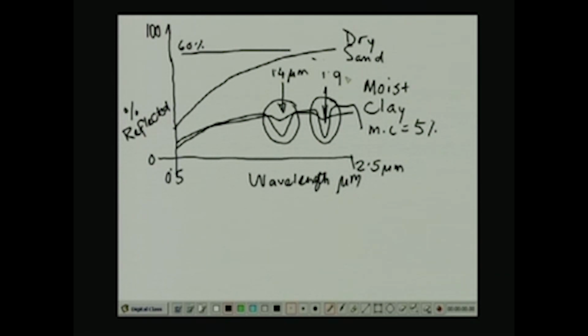So, this one is 1.9 micrometer. These values are indicative of presence of water. They are absorption bands of water, and they confirm the presence of water within the soil skeleton. Now, look at the similarity of the moist clay and saturated sand with a moisture content of say about